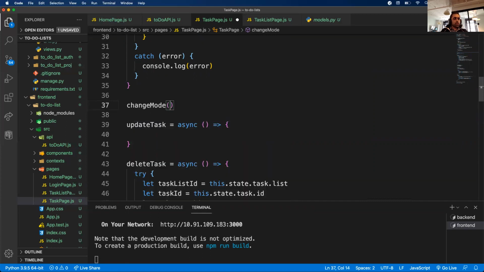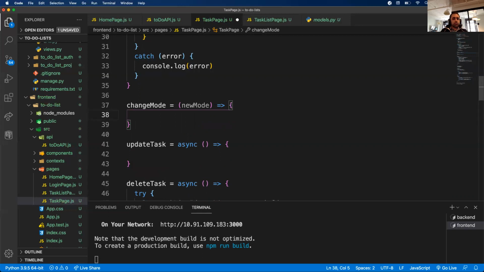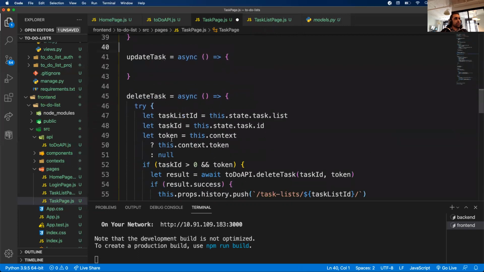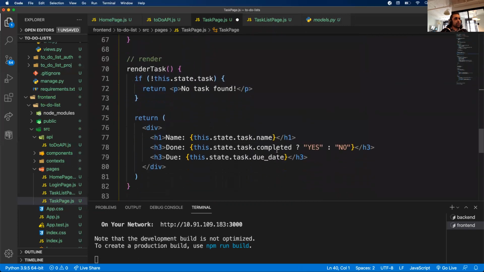Change mode. So we can set the mode value. We'll do the set state. All right, so this mode value will change the page layout. Update task will not be called in this case, so we're going to